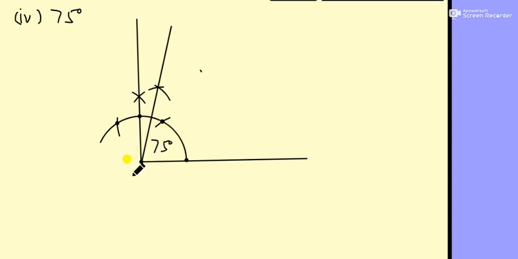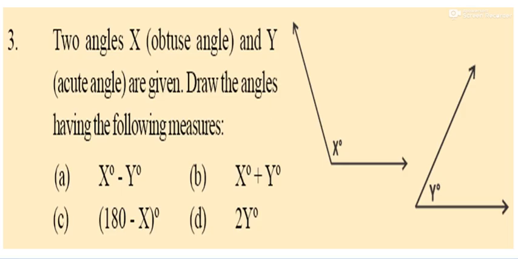So first of all you can write the steps of construction also. Draw a line segment AB, and take a compass and make an arc, that is PQ, which intersects at R and S. Once again do the angle bisector of this one. It is the point T, and it is D and E, and that point is C. So you can write it very easily. Yes, let us see the next one.